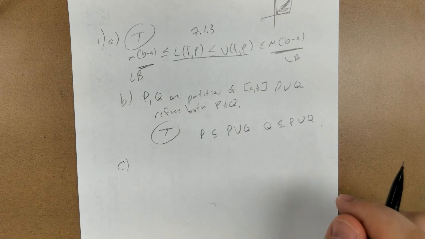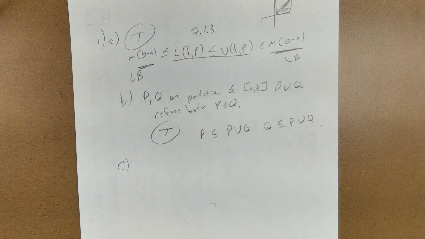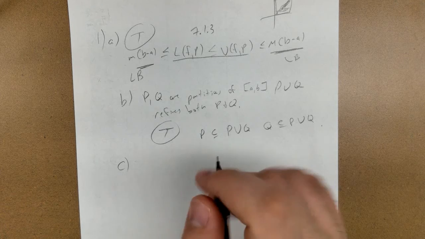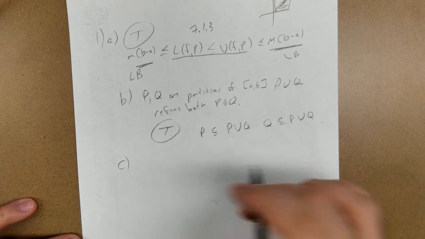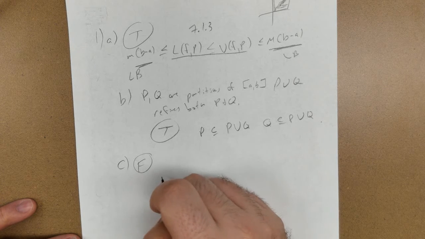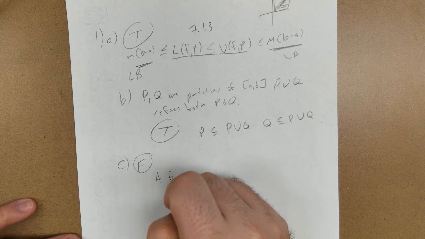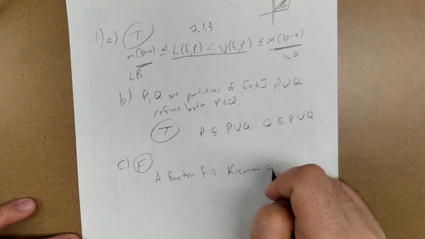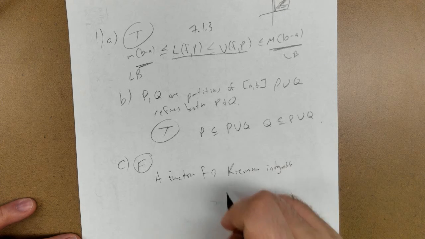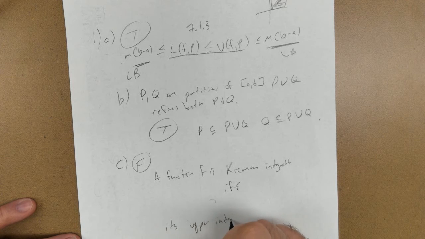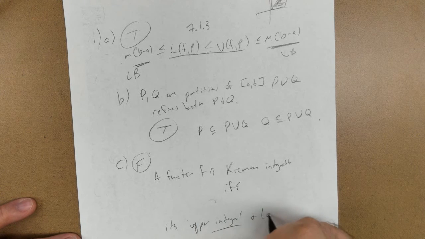And then this one is all about nomenclature. Like I said, studying this section carefully and making sure you understand which word is which is important. This one says F is Riemann integrable if and only if its upper sums and lower sums are equal. That should feel true, but it's false because the sentence is a function F is Riemann integrable if and only if its upper integral, not sum, and lower integral